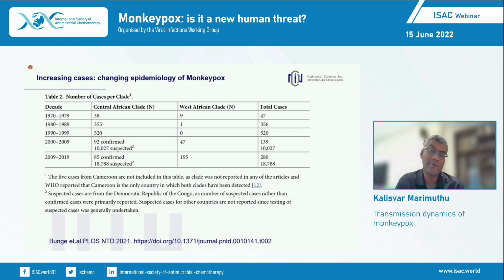The transmission of monkeypox hasn't been very high in the early 1970s and 1980s. But two meta-analyses have shown that the infection of monkeypox has been increasing over the decades. In this meta-analysis, the investigators found that both the known clades of monkeypox have been increasing, with the highest number recorded around the 2000s in the current century, which is a bit worrying and makes us think: what has changed? Did anything change? If yes, what?